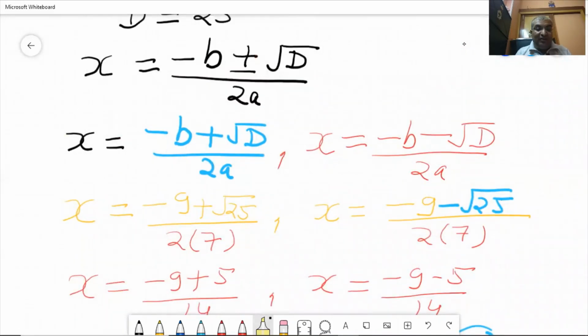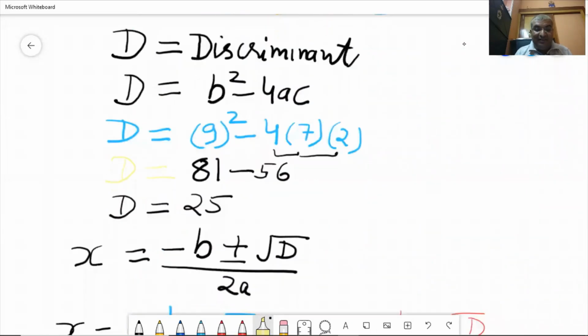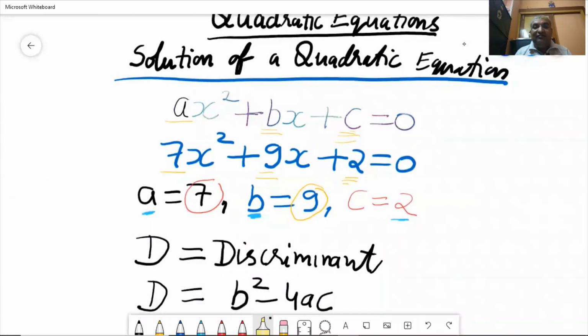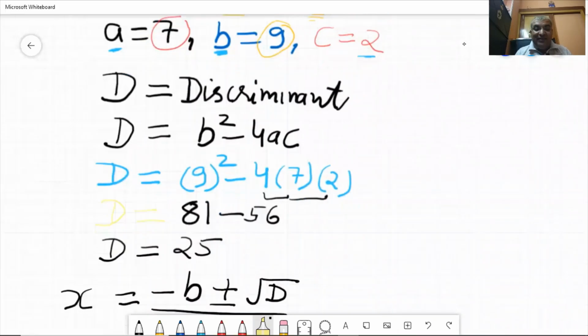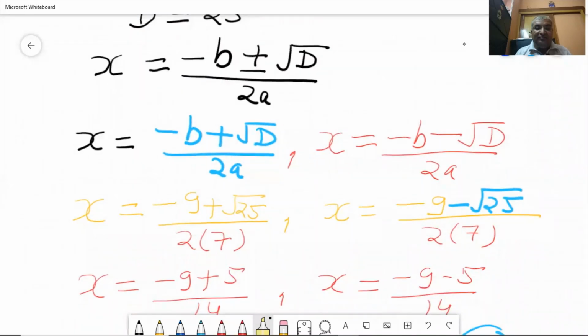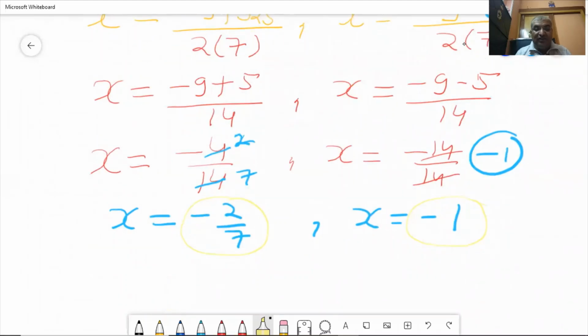And one more very important point, please see, this quadratic equation earlier was in terms of x. So the variable was x. We have calculated the values of x. And in other cases, the quadratic equation will have the variable y. So it can be 7y square plus 9y plus 2 is equal to 0. In that case, the answer would have been the value of y. It is not always x. The variable here was x, so the answers are in terms of x. The variable can be y, so the answers will be in terms of y. So in this way, we can calculate the two roots, the two solutions of the quadratic equation.